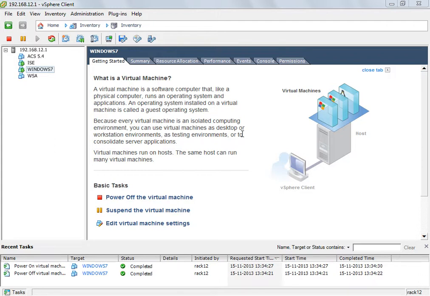Alright guys, the plan for today is to finish up on the posture validation. What is posture validation first of all? Posture validation allows the ISE to check what type of system, what type of device is connecting in. The ISE can also check things like registry entries. It can check for antivirus, anti-spyware. It can even check for programs, processes running on your PC before it allows or disallows a device to connect